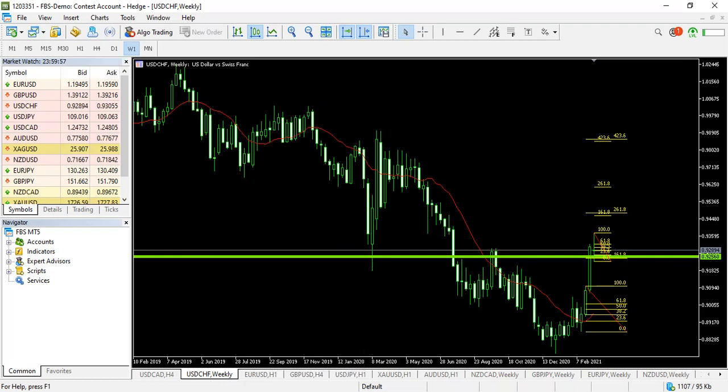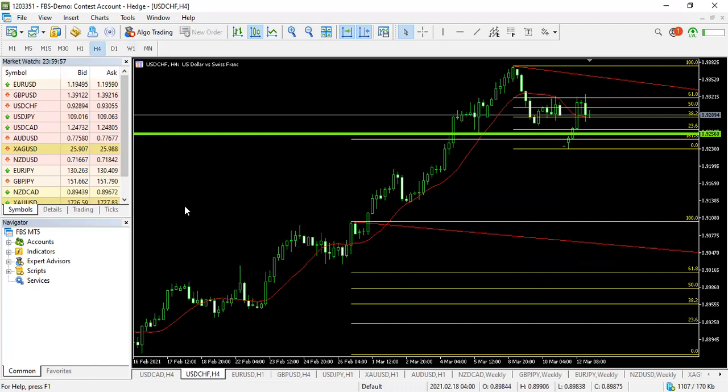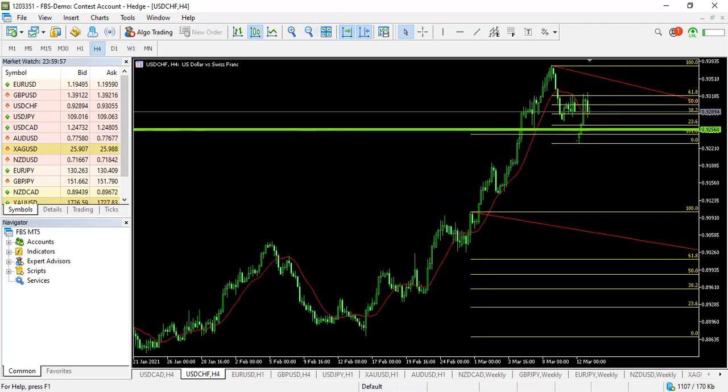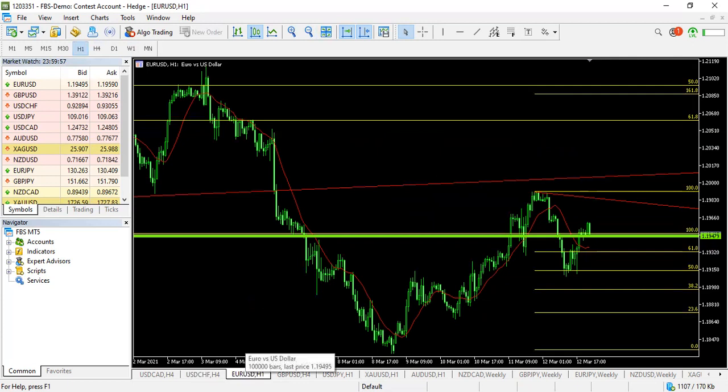Otherwise, for now, the first one is USD CAD that you can trade next week. Then the second one would be the USD Swiss franc if the market gets to that zone. The third one is the Euro USD. The Euro USD, guys,